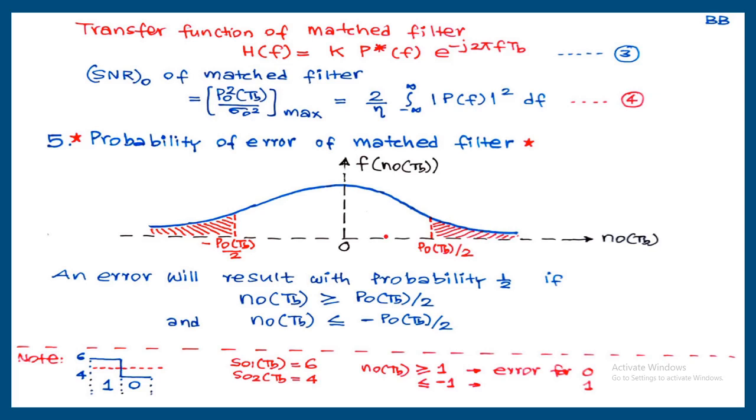Then how to calculate the probability of error? If you integrate this probability density function, the answer is 1. For calculating the probability of error, we should integrate this area plus this area, divided by 2. What is the reason for dividing by 2? This area is not making error always. This is making error with only half probability. So this area times half plus this area times half. Due to symmetry, these two areas are the same. So area times half plus area times half is the same as just one area. So the probability of error is the integral from this point to infinity of this density function.